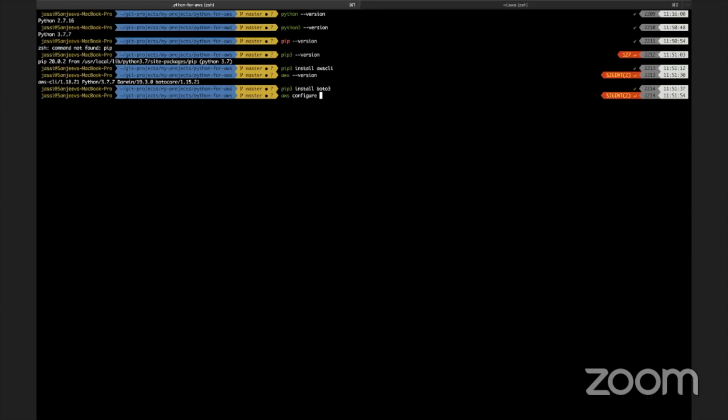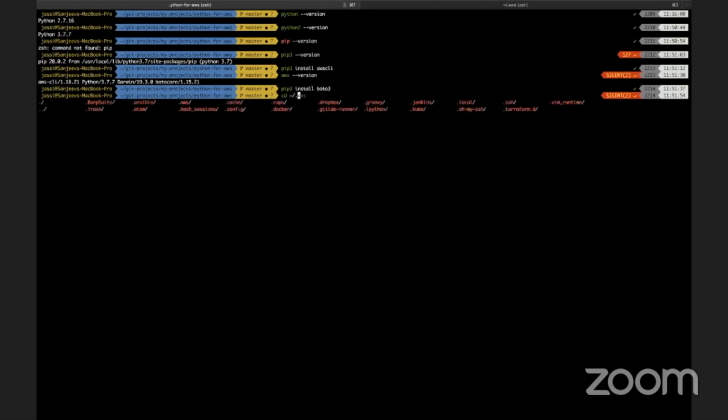in your machine. Once you run aws configure, there will be four things it asks for: the access key ID, secret access key, default region, and default output. As I said, the default output for me will be JSON. Once you run this aws configure successfully and set up your access key and secret key, you just need to go to